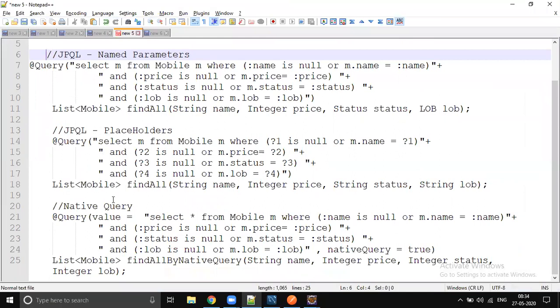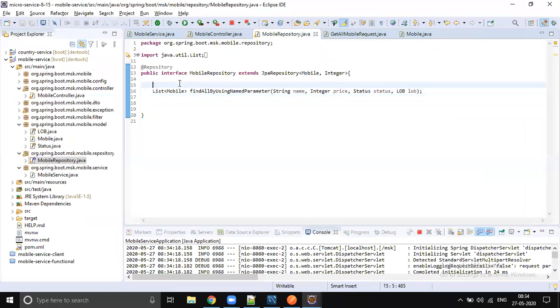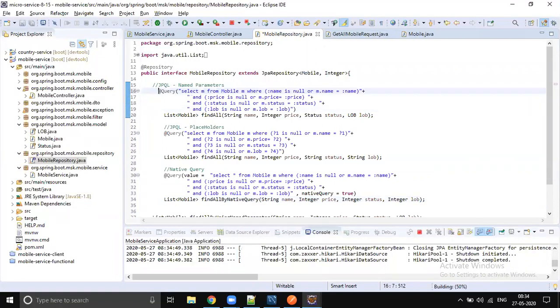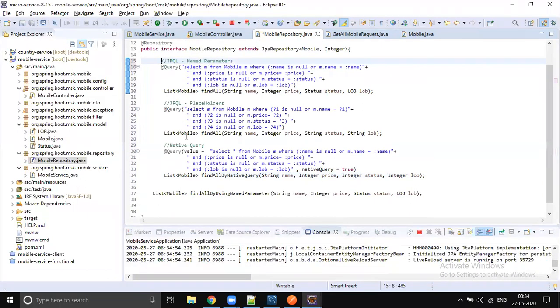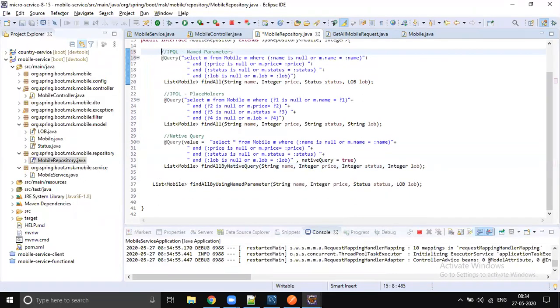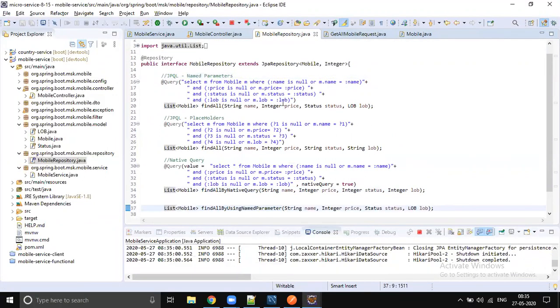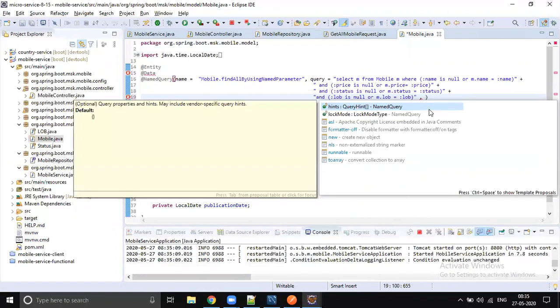So we have these many options. Named query supports all, right? It supports placeholders. It supports named parameters. It supports native query. It supports all these three. So let's go to Mobile.java. Here, if it is a native query, then you might see one more option called